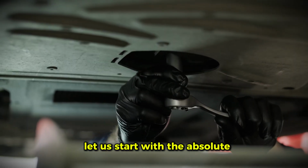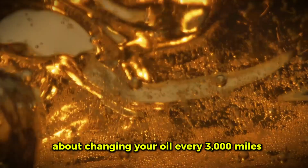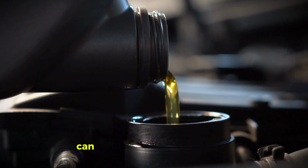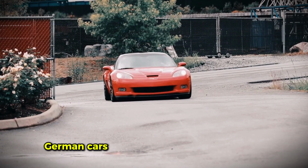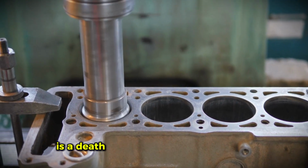Let us start with the absolute lifeblood of your vehicle. You have probably heard the old rule about changing your oil every 3,000 miles. Forget it. That is outdated advice that just drains your wallet. Most modern vehicles running full synthetic oil can easily push past 7,500 miles, and some high-end German cars can even hit 15,000 miles safely. However, waiting too long or just ignoring your owner's manual is a death sentence for the